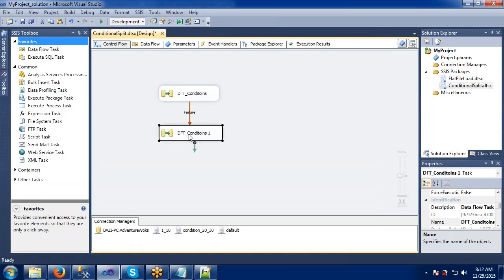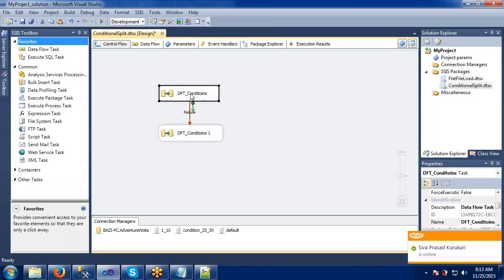Did you get my point? Previously we gave the green line, which means only if this condition is success, then go to the second task. But now I have given that only if the first condition fails, then go to the second task. Like this I have given the precedence constraint.